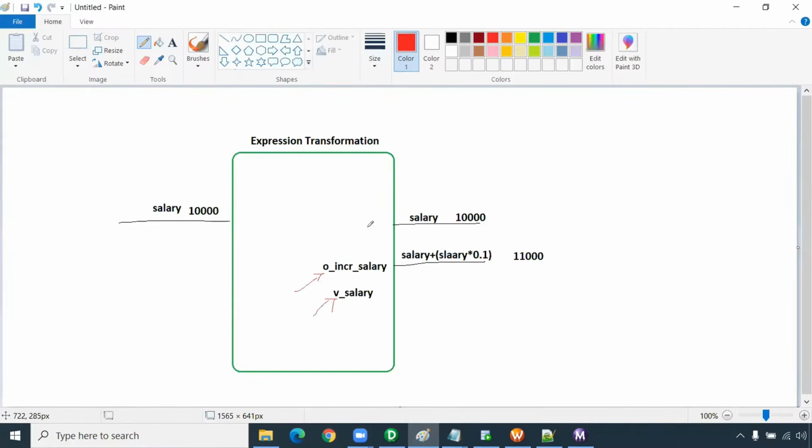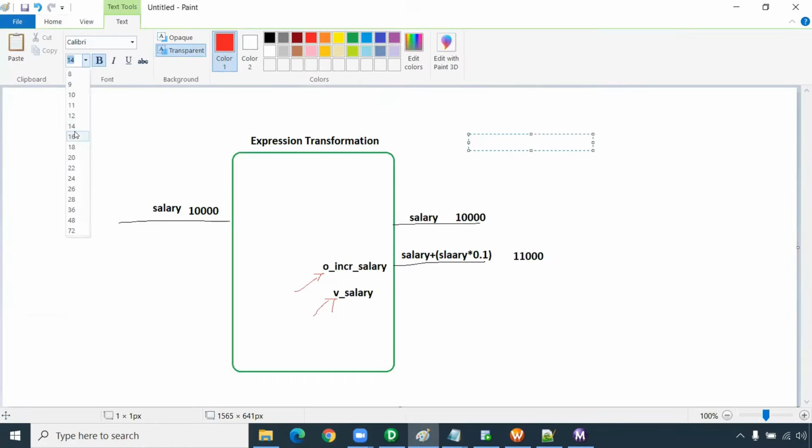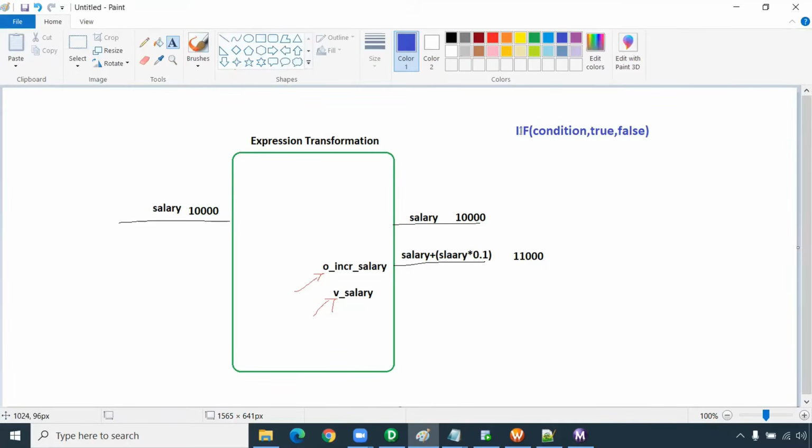How to do it? Remember, in Informatica, this is the logic. For the if logic, use IIF. If is nothing but IIF here. You write the condition expression here. If the condition is true, what do I have to do? If the condition is false, what do I have to do? That's the IIF condition. There is no IF. This is called a logical if condition, same like in other languages. This is what we have in Informatica also: IIF, there is no IF.